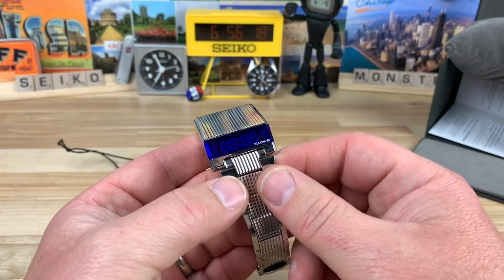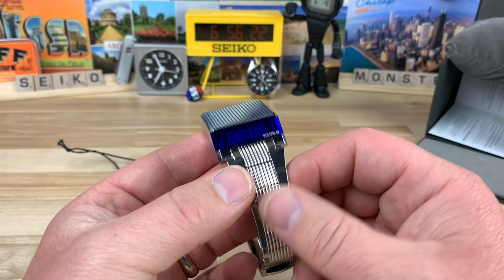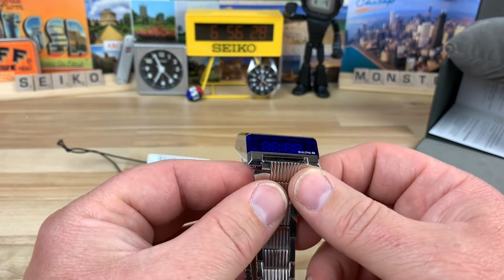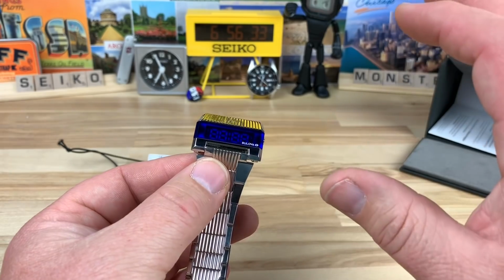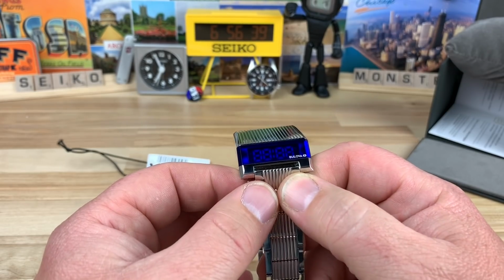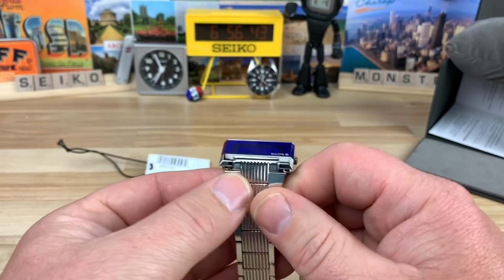All right, guys, let's check out this super retro-inspired Bulova Computron. This was sent in by Nate, who I've been talking to quite a bit actually over on the Instagram messaging. He's got a full conversion, high accuracy quartz collection. I know many people have thought about doing that. Nate actually did it. And we'll be talking about that in a future video, but he lent in this guy here,